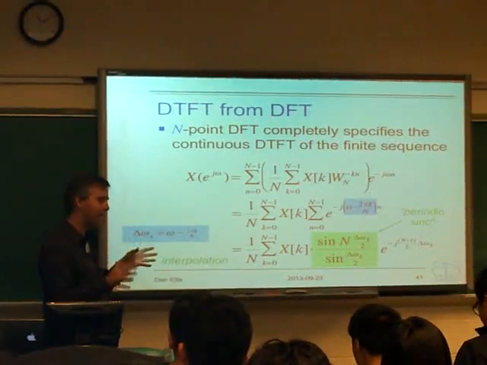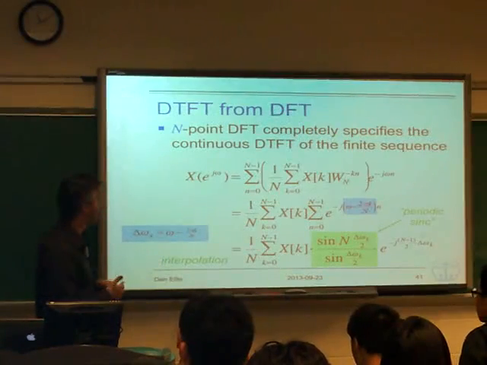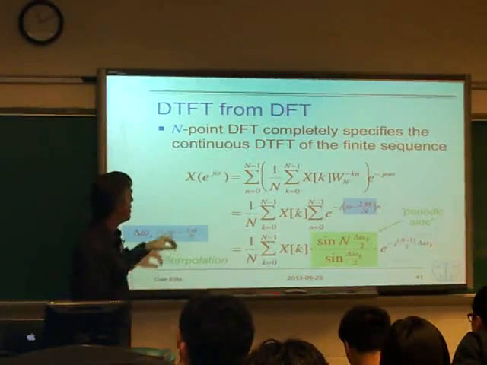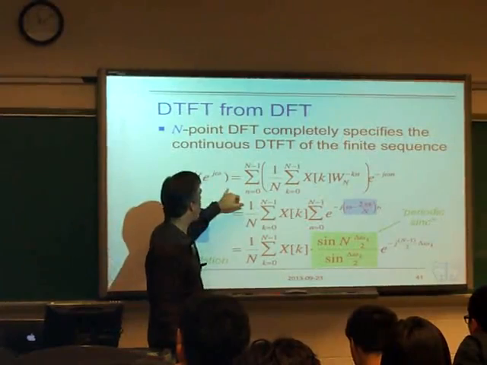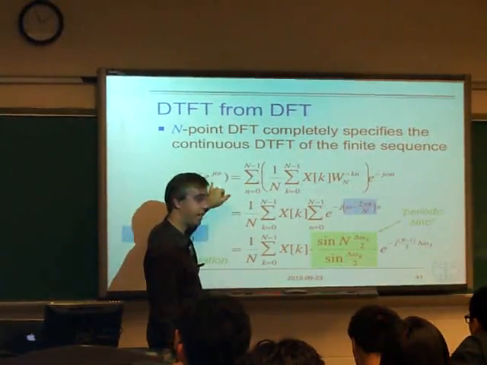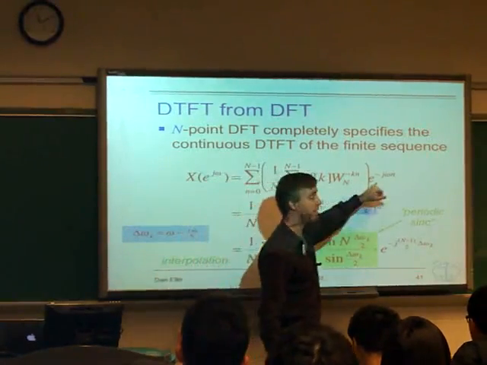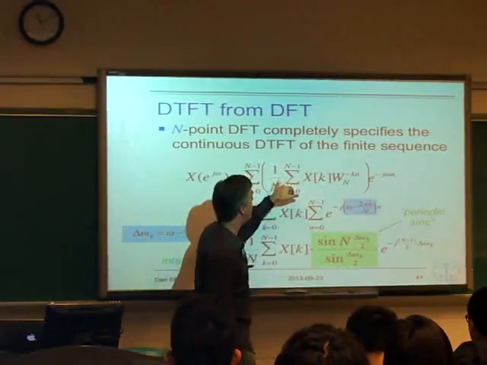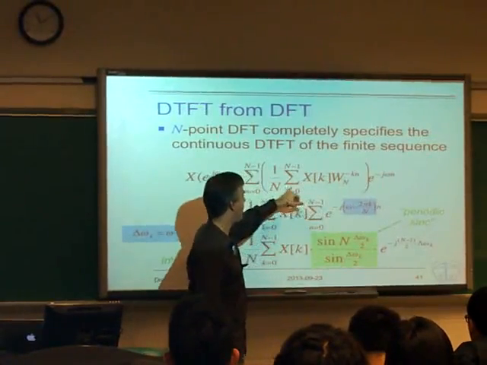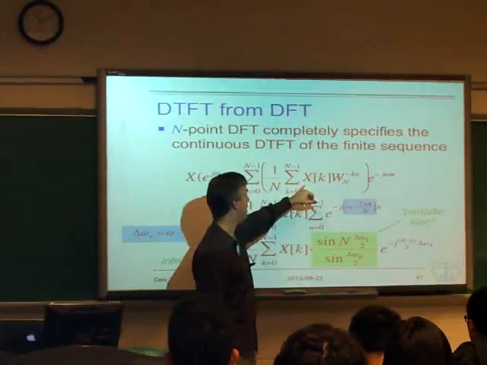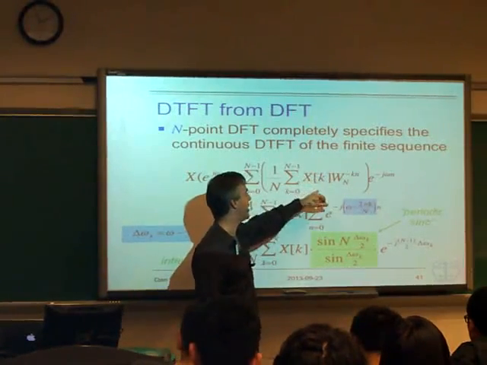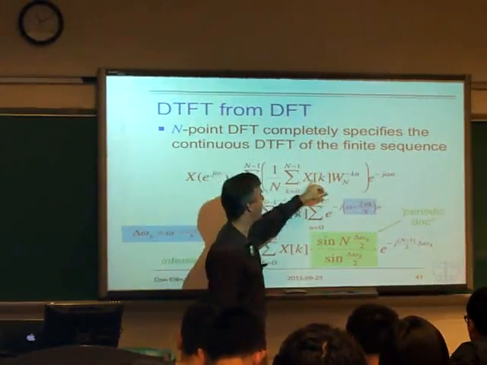But maybe I can do it in one step, or maybe I can algebraically combine those two steps. So that's what I'm doing here. Here I'm trying to calculate the DTFT, a function of continuous omega, as the sum of x of n times e to the minus j omega n. But here, for x of n, I'm substituting in my IDFT, because if I'm starting from the DFT values here, X of k, then I can reconstruct the